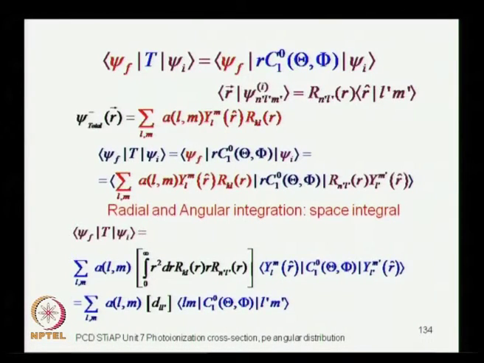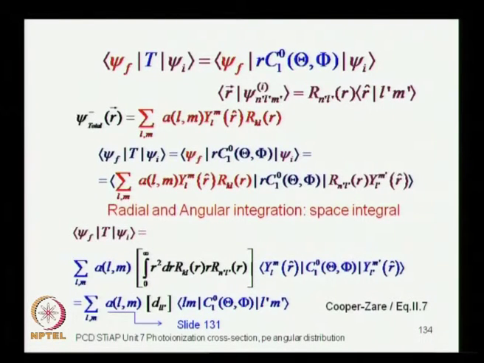So, that is the matrix element that you will have to put, and that will give you the transition rate, and then its modulus square will give you the transition probability, which we have related to the photoionization cross section. So, you will get the complete distribution, but then it will also be connected to the d sigma by d omega, which is the angle dependent cross section, right. So, it is the differential cross section per unit solid angle. ALM we have already defined earlier on slide 131, we will use that from there,